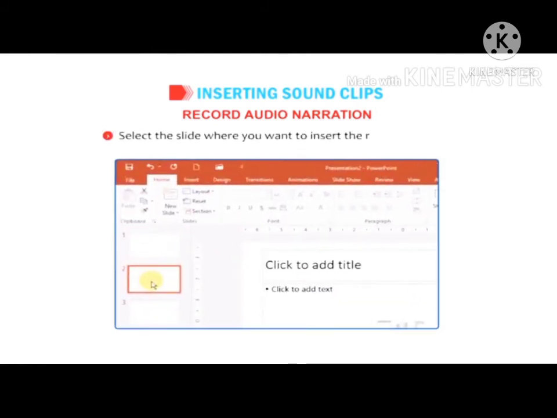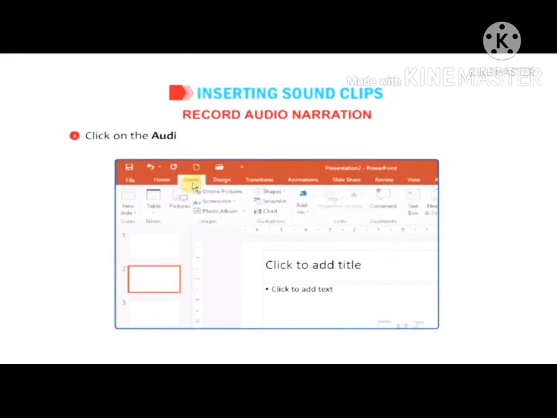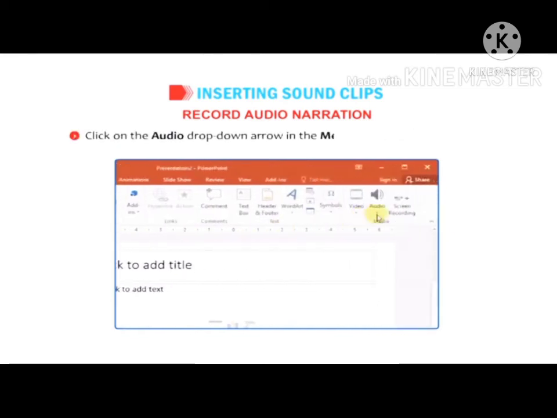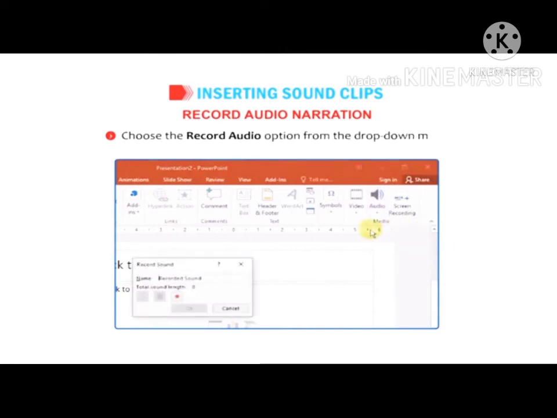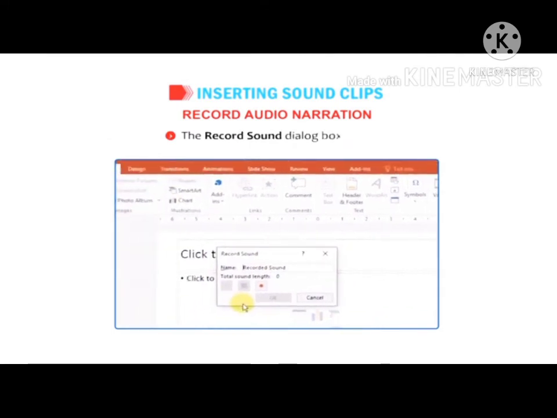Select the slide where you want to insert the recorded sound. Click on the Audio drop-down arrow in the Media group on the Insert tab. Choose the Record Audio option from the drop-down menu. The Record Sound dialog box appears.